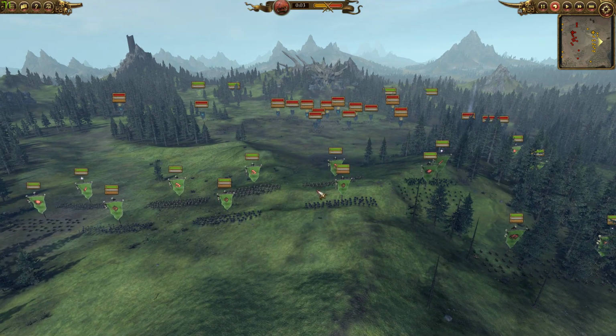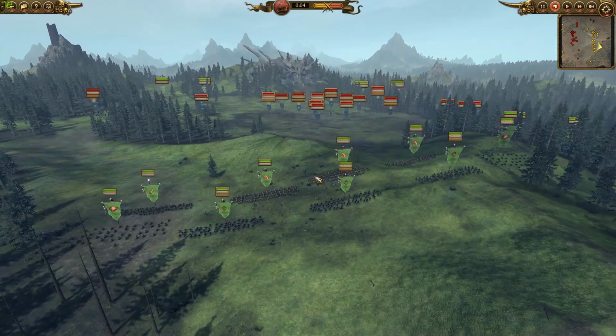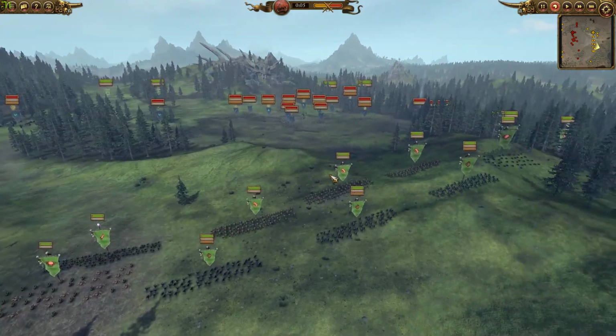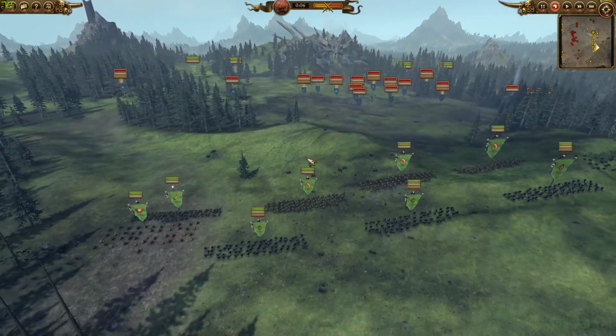So this time we're playing as the Greenskins and we're up against the Vampire Coast. And the Tomb Kings weren't enough for the Greenskins, now we have this faction as a counter. Somewhat, it's fine as long as you know how to do some things, but overall I think it's a hard